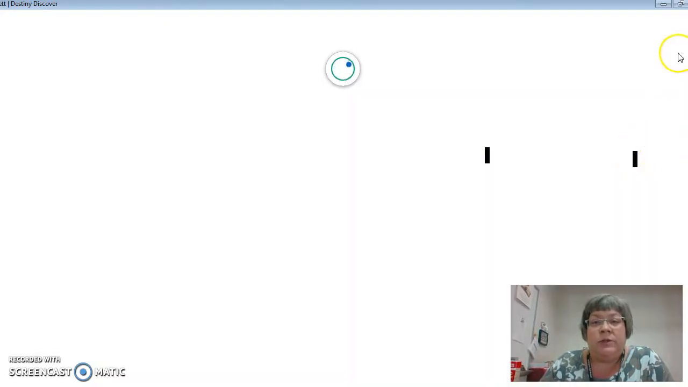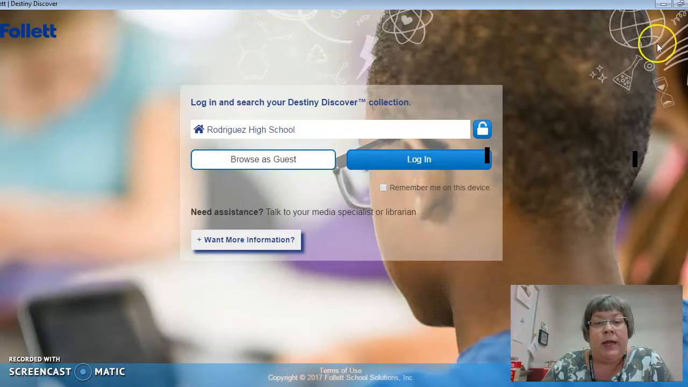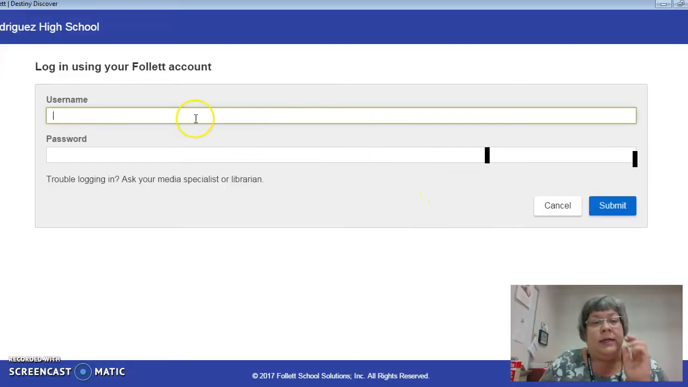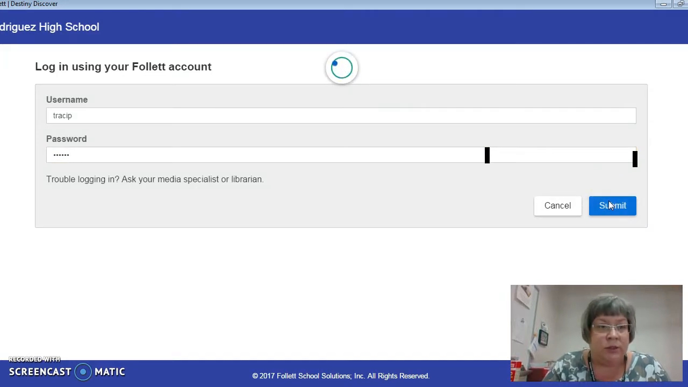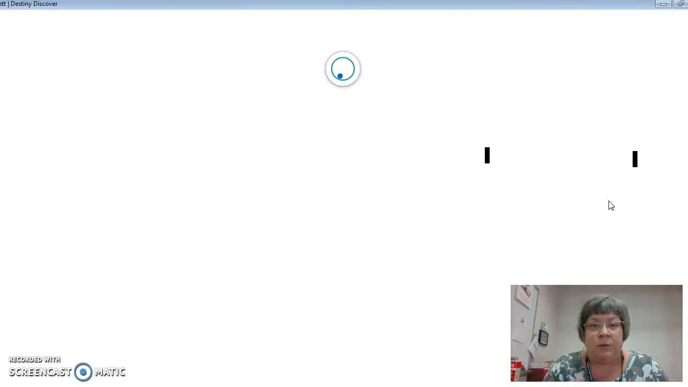But all you have to do is simply use your student ID number and password. Notice I chose Rodriguez High School. So you just walk it through and choose your state and then the name of your school and then log in. And for teachers, it is your FSUSD login. So it should be the same standard login that you use for everything for the school district, whether you're a student or a teacher. And once I'm in,